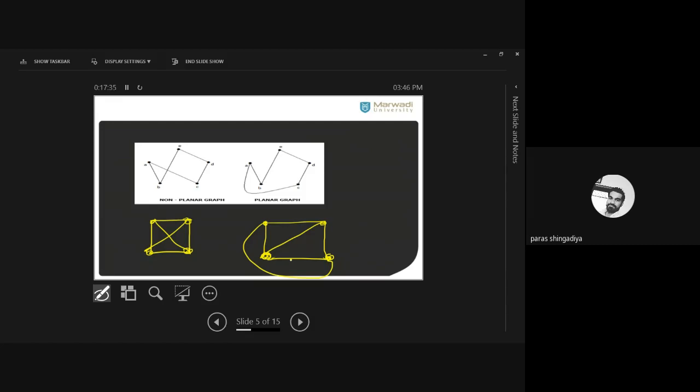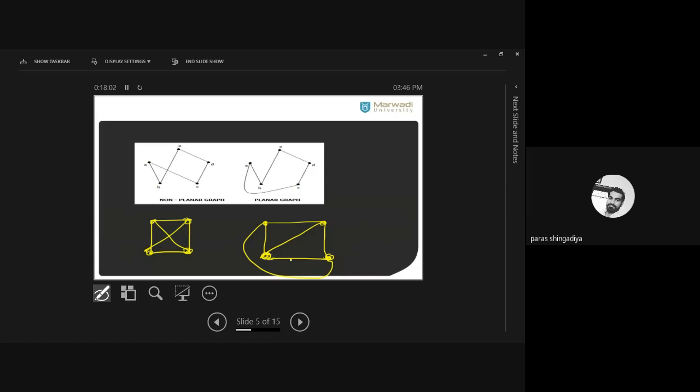That is the graph embedding procedure. We apply graph embedding to this one, and here we can make it a planar form. Now no edge crosses at any place. The same is given here: that is a non-planar situation, but we can apply the graph embedding concept to that, and we can make it a planar form. That is a planar graph situation.